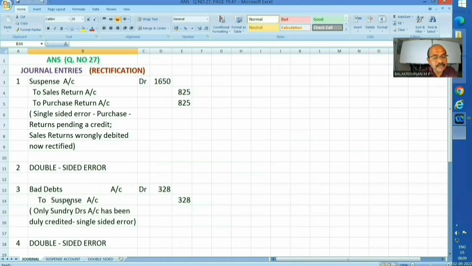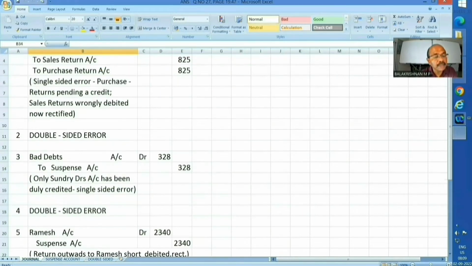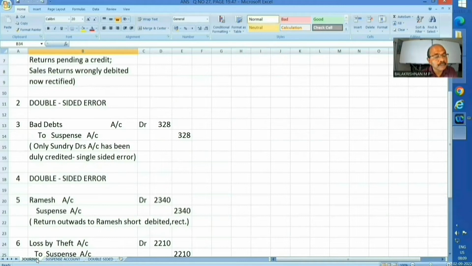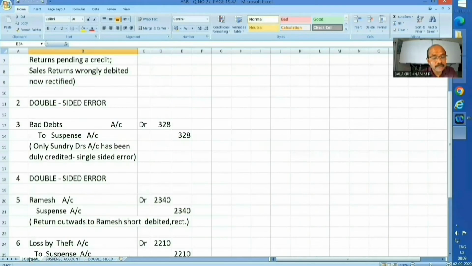Suspense account, there is a credit of 328. Bad debt to suspense account. Obviously, we will show suspense account by bad debt 328. And the next one, a double-sided error, nothing to do with the suspense account. Fifth one, remains to suspense account 2,340. That means suspense account by remains 2,340. X account debtor to Y is nothing but Y by X, very basic rule of posting. Okay, fine. And next one,